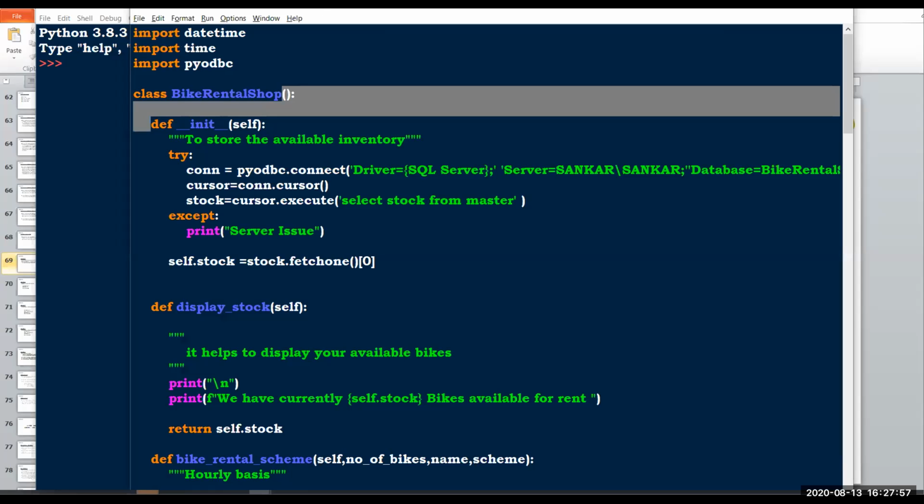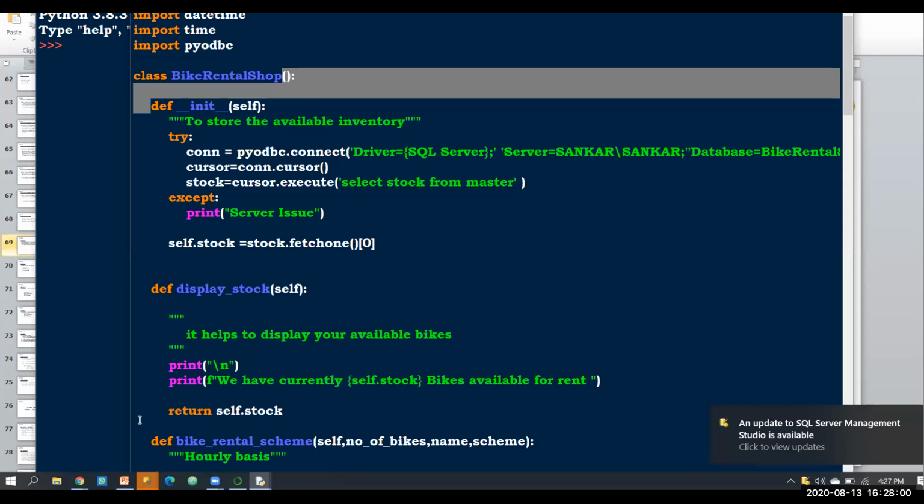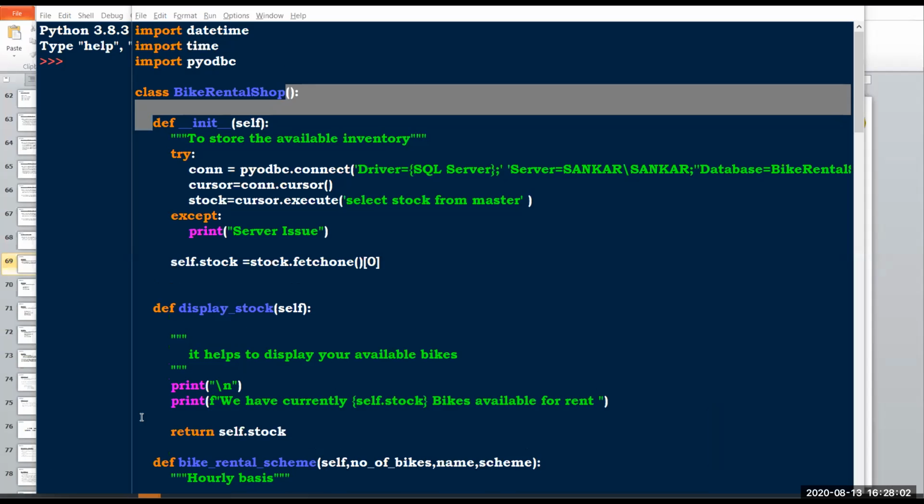In the bike rental shop we can rent whatever count we want. We can rent the bike by schemes: we can rent it hourly based, or day based, or weekly based, and each scheme has its own amount.